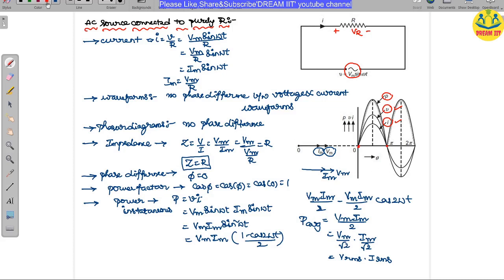The waveform for the power is already represented here. I am highlighting the power waveform. Power is a product of voltage and current. That's why, even in the negative part of the voltage and current waveforms, the multiplication of those two negative values becomes positive. This is the power waveform. The product of the voltage and current waveforms gives the power waveform. This is the instantaneous power, and this is the average power. This is for a purely resistor circuit when you apply an AC source.